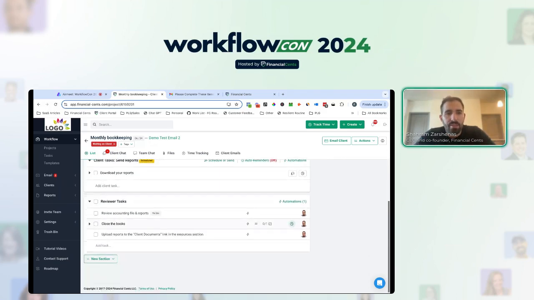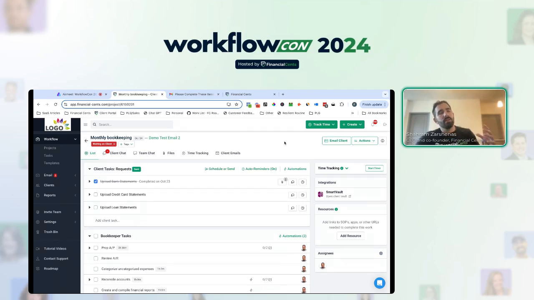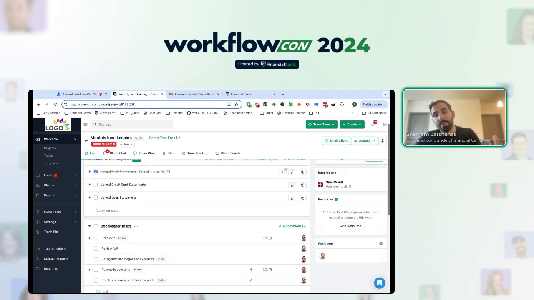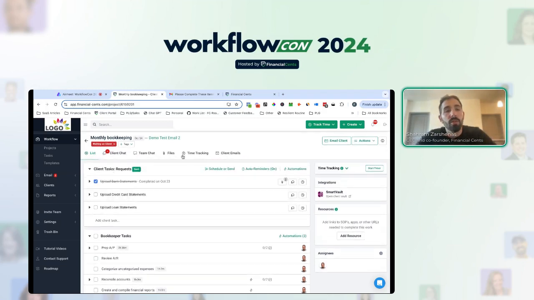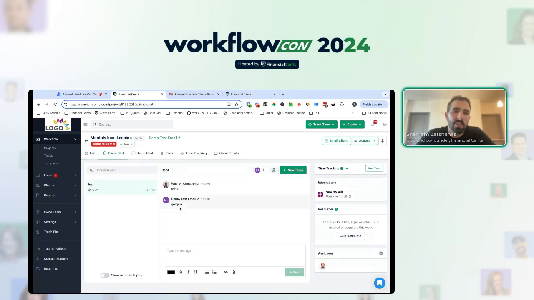And then as your team completes the work, it'll be done here. Now, it's not just a place to request the documents and for your team to see the work and the steps they need to follow to complete the work. You also have other information related to work, because we believe that it's not just knowing how to do, it's having everything to do. So you can communicate with your clients from inside the work as well. You can ask questions and send them stuff from inside the work.